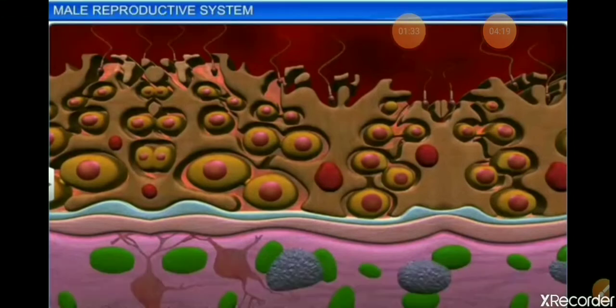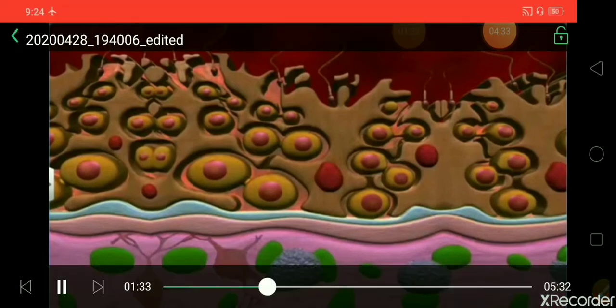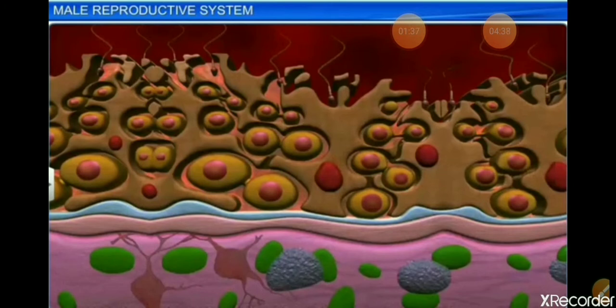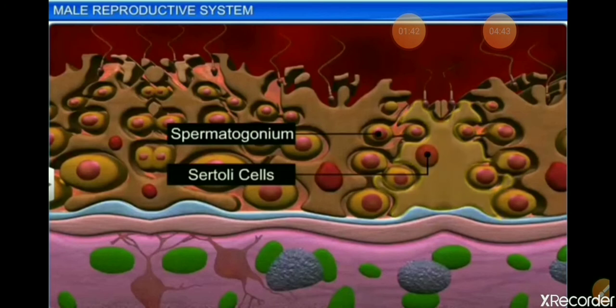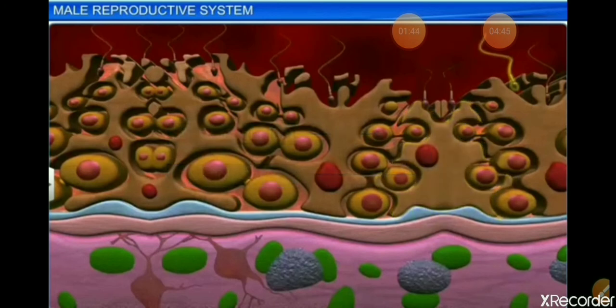several, that is 1 to 3 seminiferous tubules, and the inner lining of the seminiferous tubules, that is what you see here now, the inner wall of the seminiferous tubules. You can see the highlighted portion, that is the germinal epithelium, and the lower pink colored portion is the blood vessels, and above you could see the spermatogonium, where the spermatogenesis process is taking place and various stages of sperms are seen there.